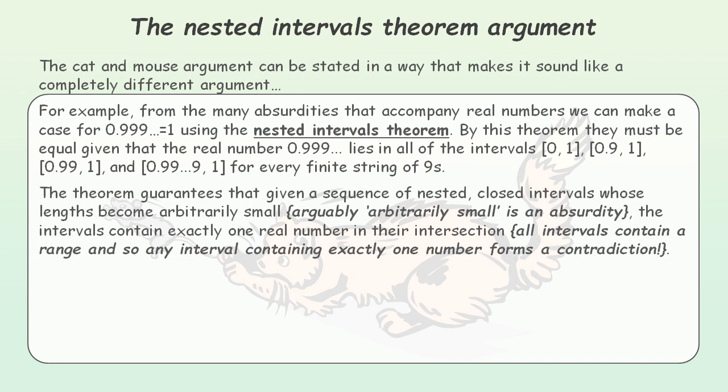The theorem states that an arbitrarily small interval will contain exactly one real number. But what does arbitrarily small even mean? To a disbeliever it sounds absurd. And the idea that somewhere at the tail end of an infinite sequence there will be an interval containing one real number sounds like a very slippery way of saying that an infinite sequence will have a last interval without